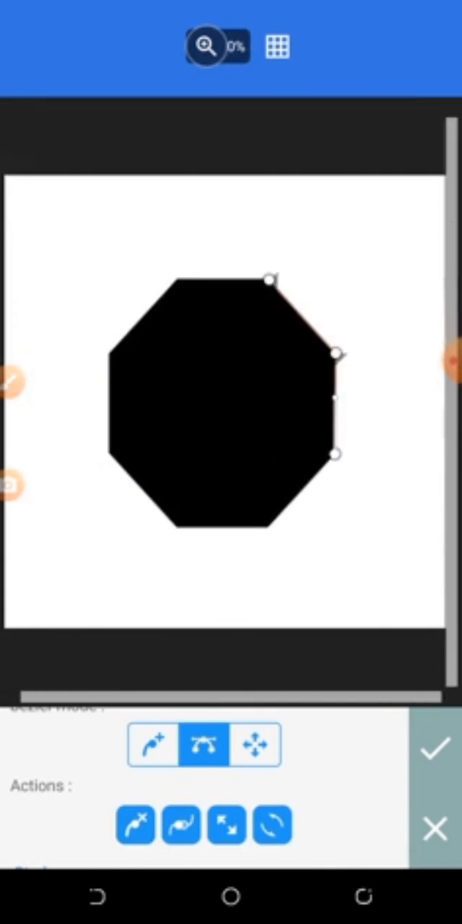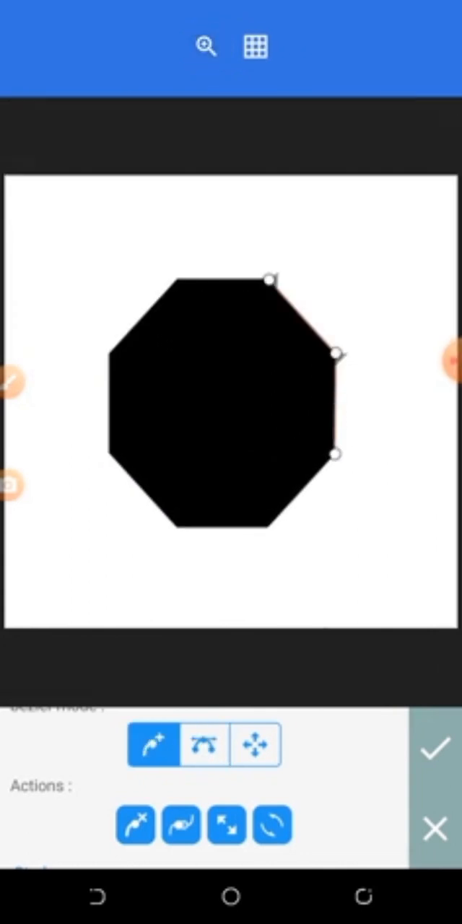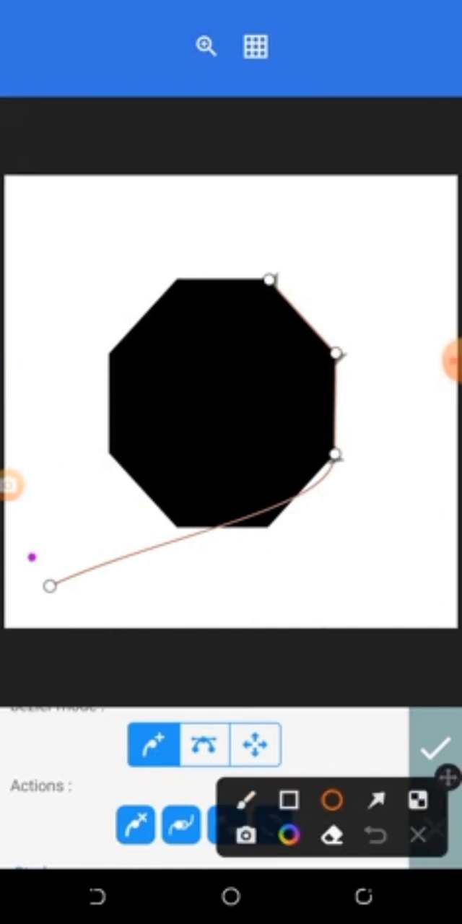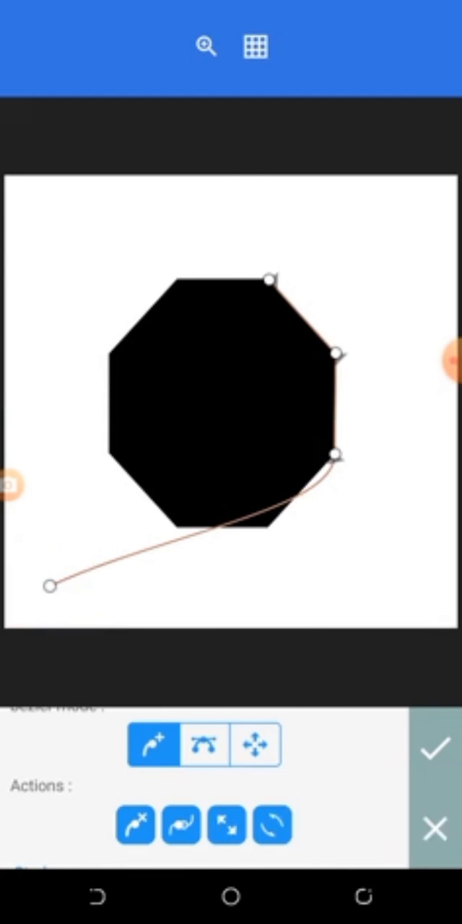And let me tell you one thing. Once you click on this, as far as your tap is away from the point, that is as long as your Bezier curve will be. Now take a look at it. You see that it is very long because this is where I tapped. And so that is the length of your